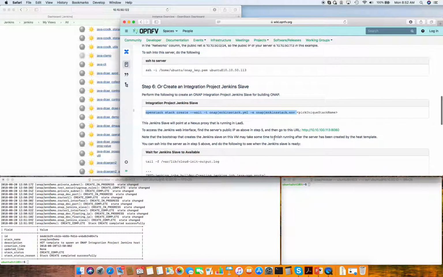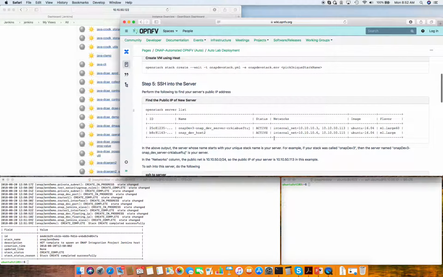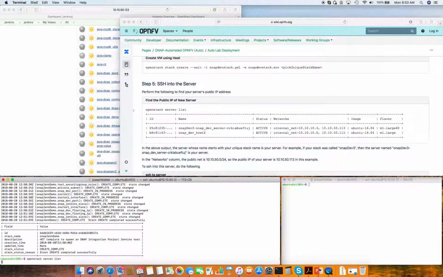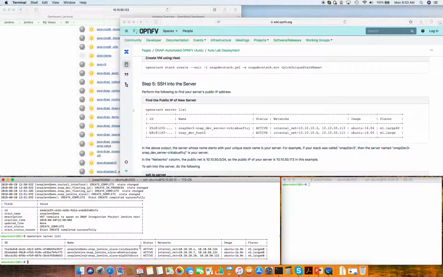If we go back here and look at how you SSH into the server, I'm going to do an OpenStack server list. That's going to give me a description of all the servers that are running, and one of them is going to be called OnapDevDemo, and then OnapDev, and then some other pieces. The CLI is a little bit slow. It's not super fast. So OnapDemo,